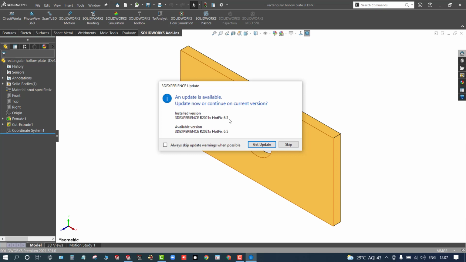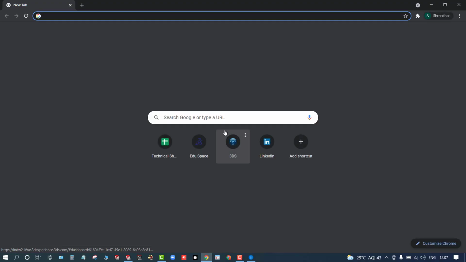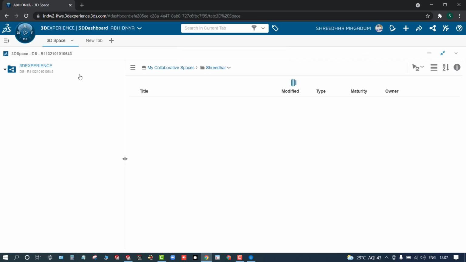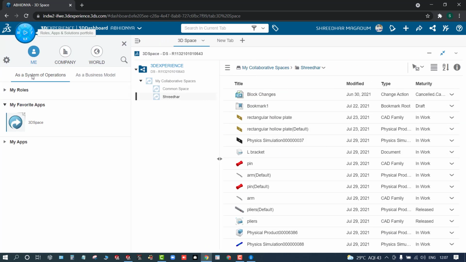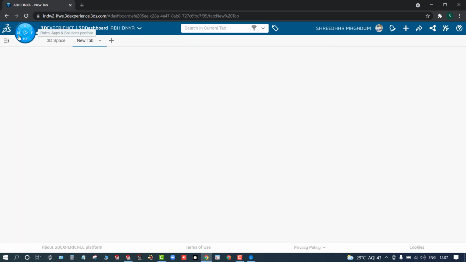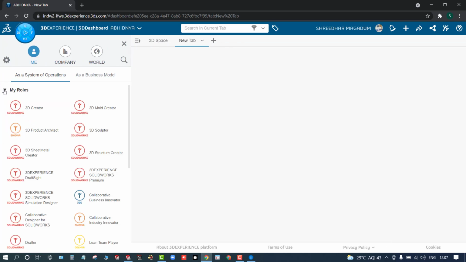you open the 3D experience from the browser and utilize the 3D experience SolidWorks collaborator. So from here you can browse from 3D compass, go to your roles. So in my roles, I'll utilize 3D experience SolidWorks